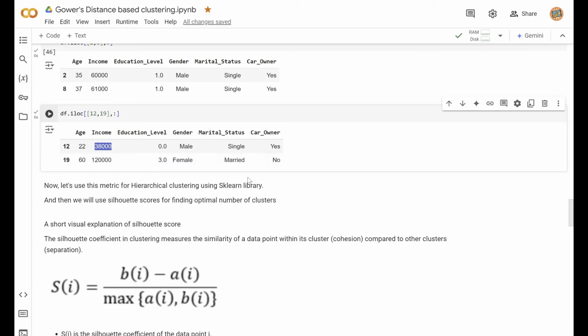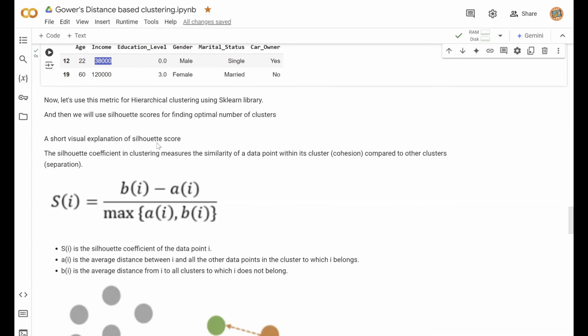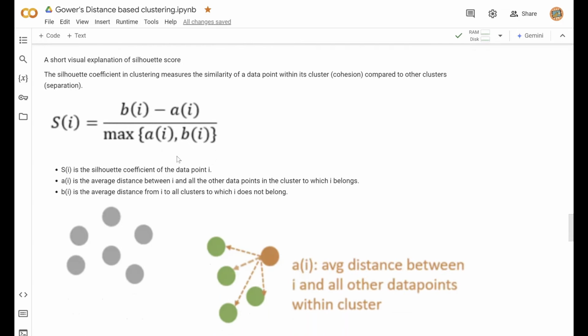Cool. So we'll be using the sklearn library and we will be implementing hierarchical clustering using Gower's distance. Then we are going to use silhouette scores for finding the optimal number of clusters. And in case you don't know about silhouette score, I recommend reading about it, but I have provided a small explanation over here in case someone is wondering what is silhouette score